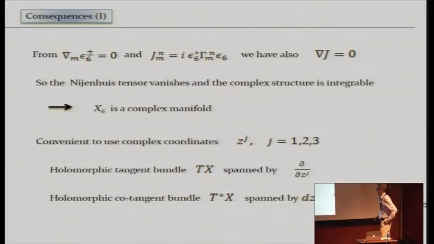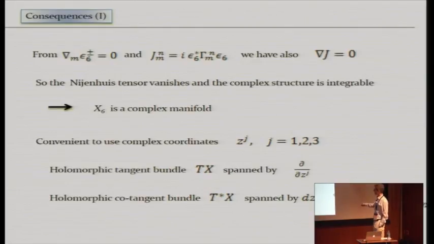Okay. And the other thing I'm going to do is instead of the real tangent bundle, I will typically want the holomorphic tangent bundle. So it's locally spanned by d by dZ^j. Okay. And sometimes people use special notation for a holomorphic tangent bundle in order to distinguish it from the real tangent bundle. I don't want to do that. It's going to get a lot of notation.